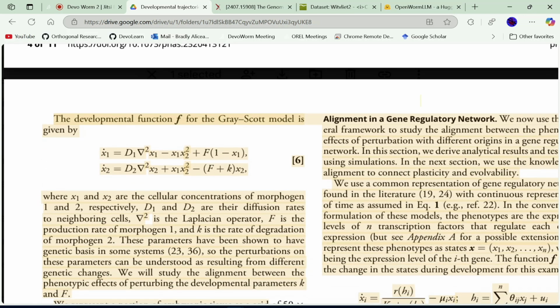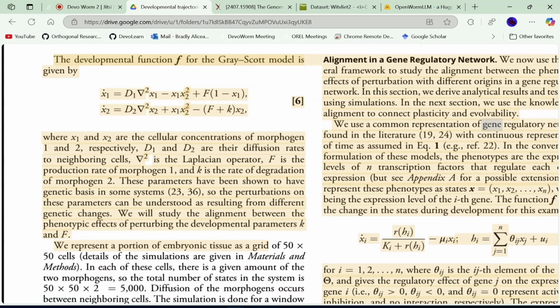So this goes over the developmental function for the Gray-Scott model. X1 and X2 are dynamical systems that describe the cellular concentrations of morphogen 1 and 2. The components D1 and D2 within the equations for X1 and X2 respectively are their diffusion rates to neighboring cells, which is described by this gradient. The gradient is the Laplacian operator, F is the production rate of morphogen 1, and K is the rate of degradation of morphogen 2. So we have morphogen 1 being produced,